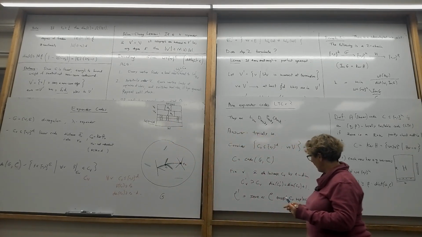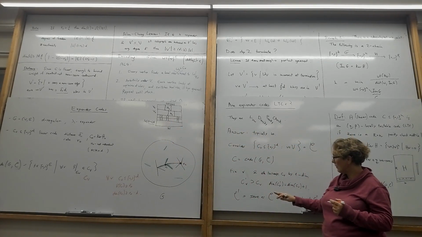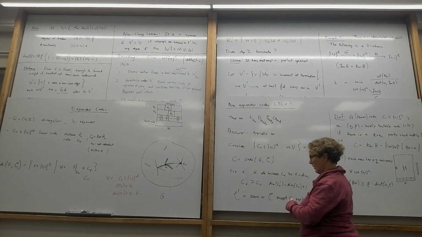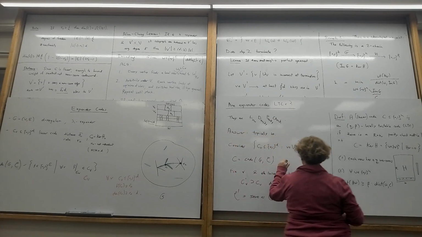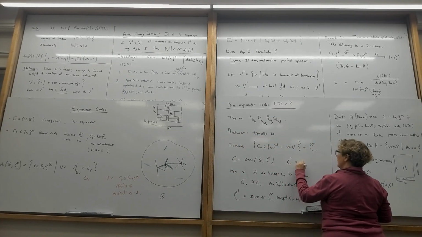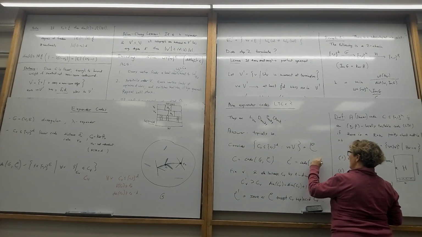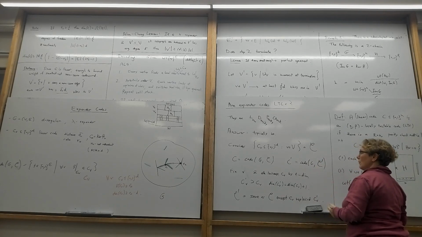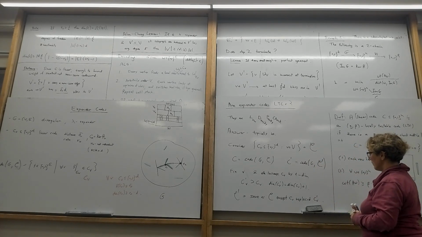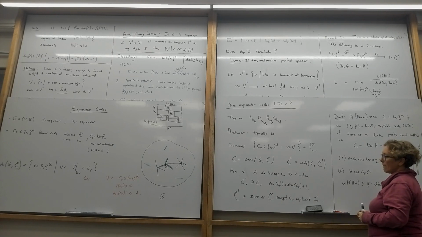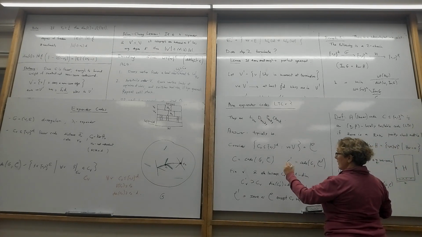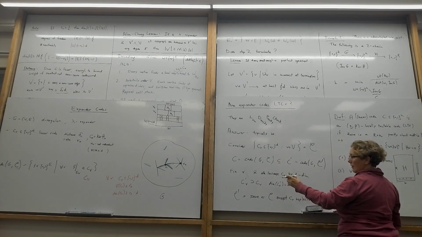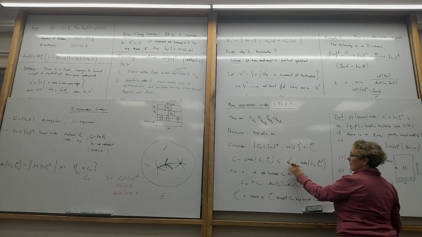Let me call the new code C prime, the code of G with one row erased from the parity check matrix. What I can say is that the code C is certainly contained in the code C prime,